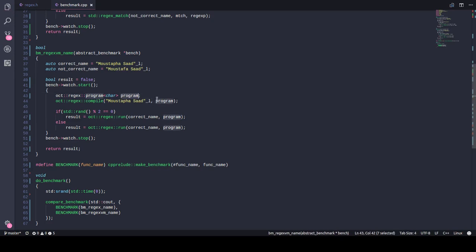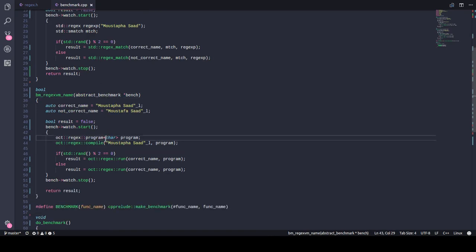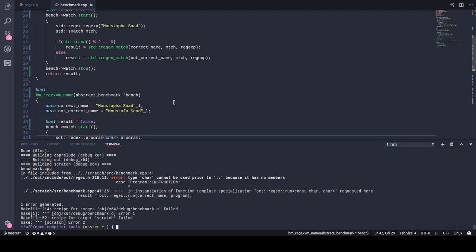I think it will be fine since we do not use the regex namespace, so I think it will be fine. T program instruction, there is, okay,